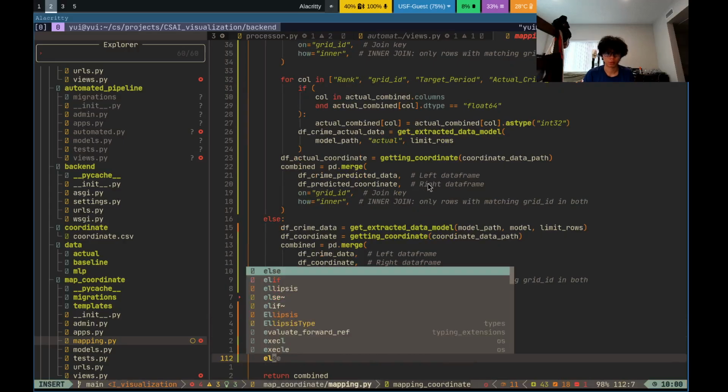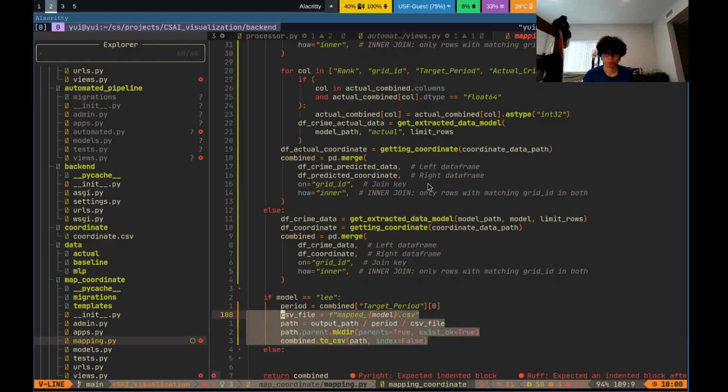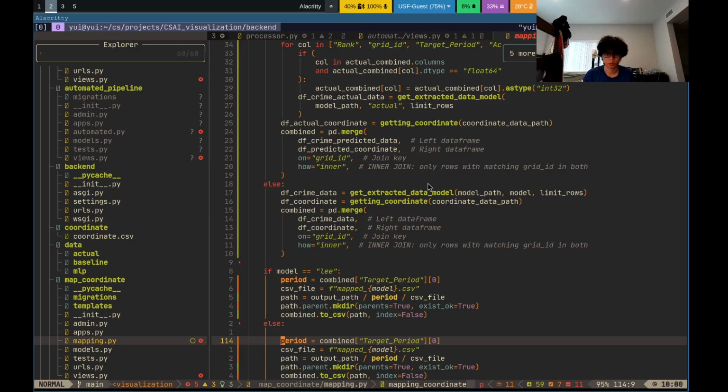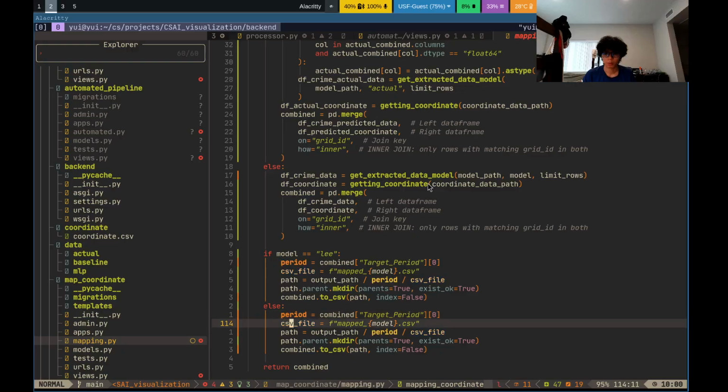Sorry, just models, we are going to copy that source. Do the same thing for CSV file. It's going to be fixed because CSV file will be map model. CSV file, we have this to this. Okay,